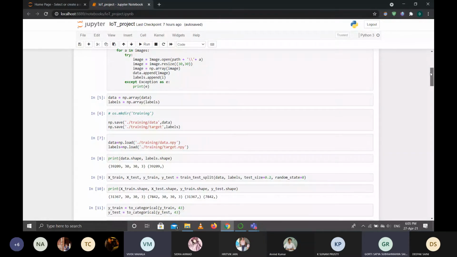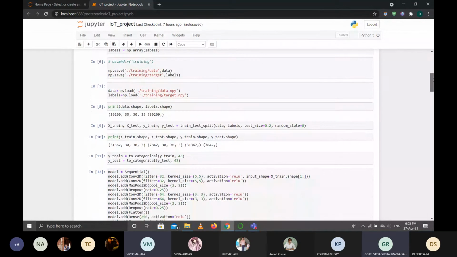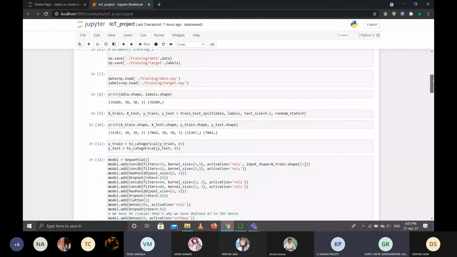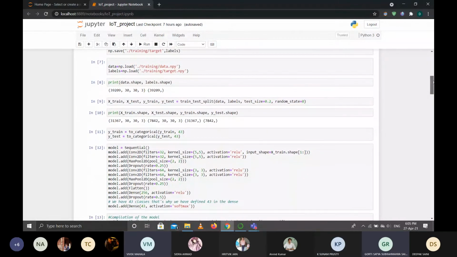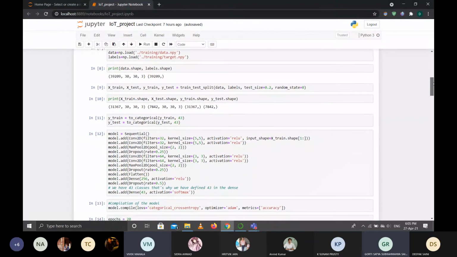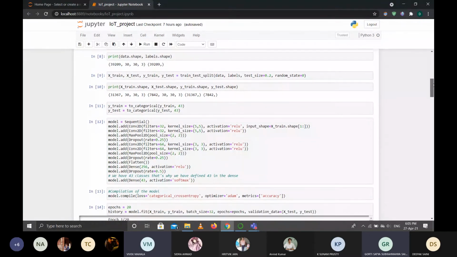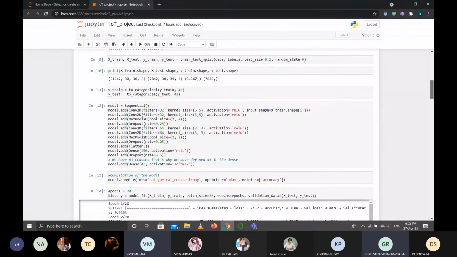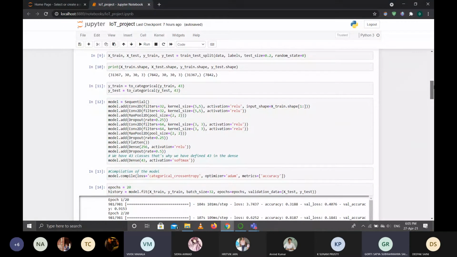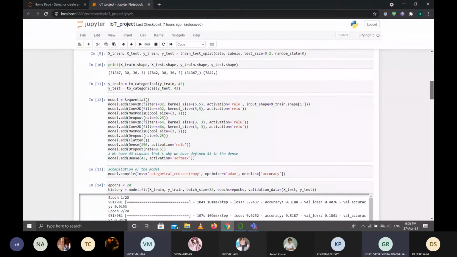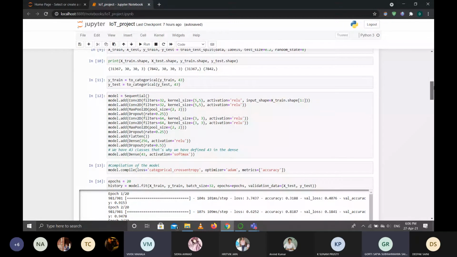And now here we are checking the shape of data and labels, as they should be the same, which you will see in the execution part, like this: 39,209 and 39,209, they are the same. After that, we are again checking the shape, which is done here, and you can see 31,367 and 31,367, like in this part.